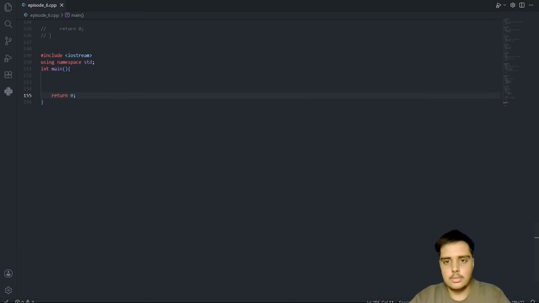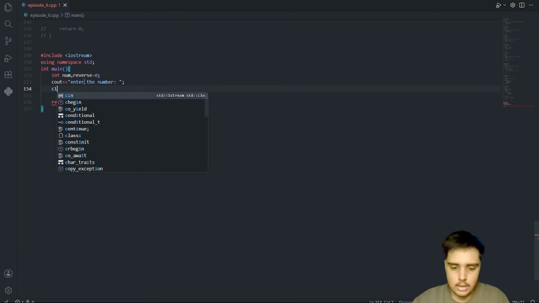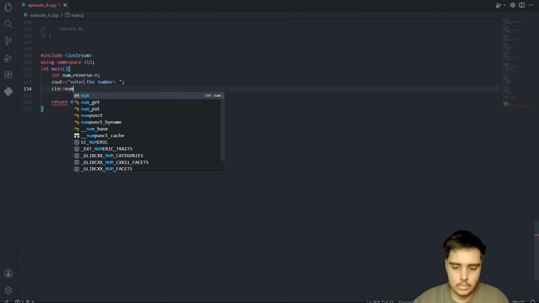So yeah, let me take int num and reverse is equal to 0. So you can understand that int num is the number that will be taken from the user, and reverse is taken 0 here. So firstly we will ask the user to enter the number and I will take it as input in num.